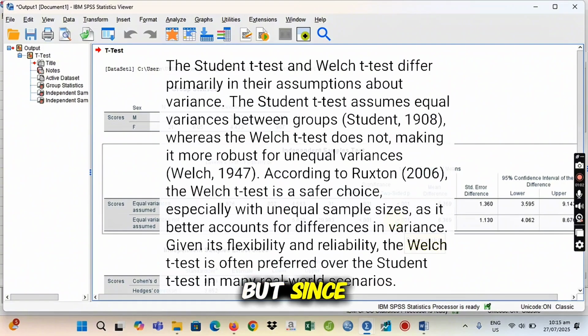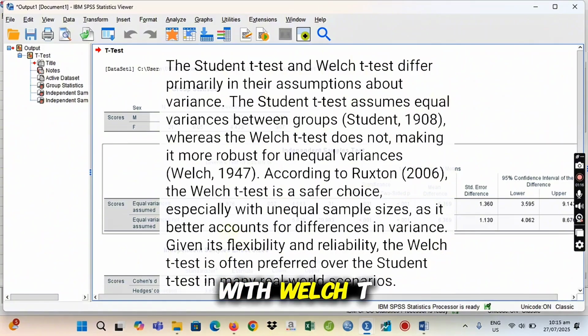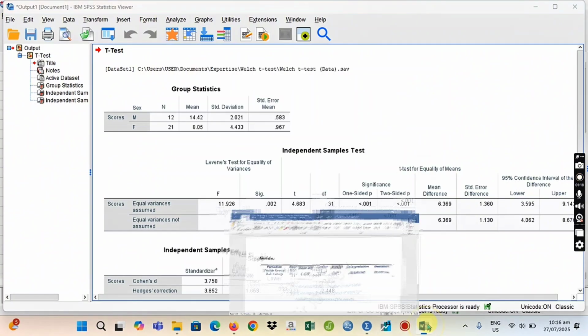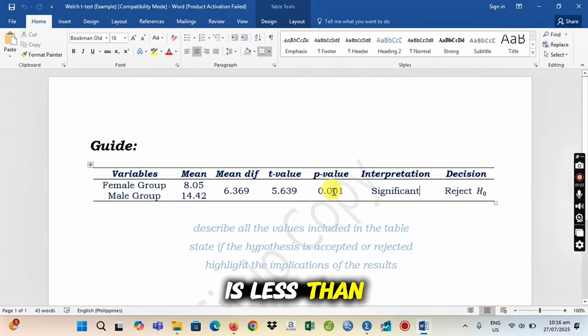But since we have to be particular with the last assumption of the independent t-test, which is not met, we really have to switch to the Welch t-test. And of course, since the p-value is less than 5%, it is significant.